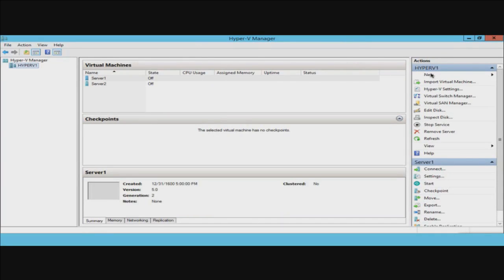If I want to make a new virtual disk, the wizard's going to pop up and guide us through this process and let us know that we can create VHDs or VHDXs. And we talked about these a little bit in the first module of this course. Now, a VHD supports older styled VMs like from 2008 R2, but there are some restrictions in its size, as you can see here. The new format is VHDX, but you need to have this on